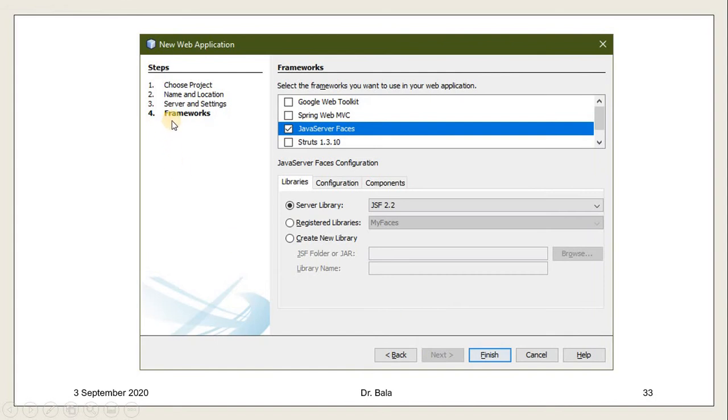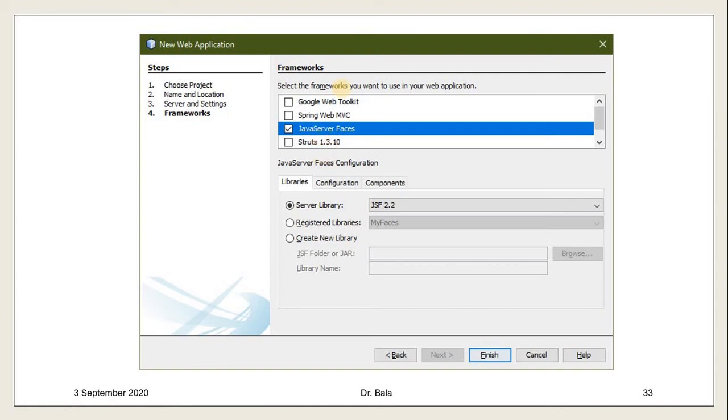Once you say next, the last one, we are going to select the framework. There are different frameworks available. Java's own, JDK's own framework is the JSF framework. Google Web Toolkit, other toolkits like Spring Web MVC, Struts by Apache, Vaadin by Vaadin Limited. If we have installed these, all will come. Otherwise, by default, Java Server Faces will be here.